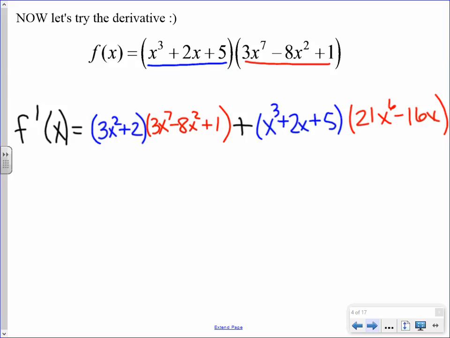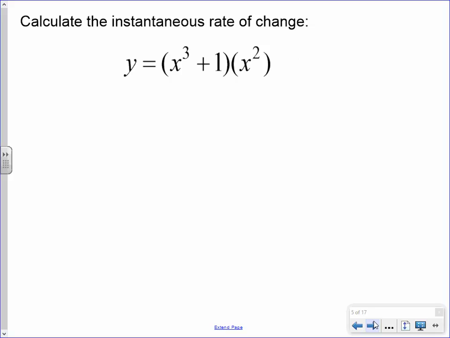Let's practice another one. We have two options for taking this derivative. We can either multiply that x squared through and use the power rule, or we can recognize that it's a product and we can use the product rule. Well, since we're talking about the product rule, that is what we're going to practice, okay? So, dy dx equals,